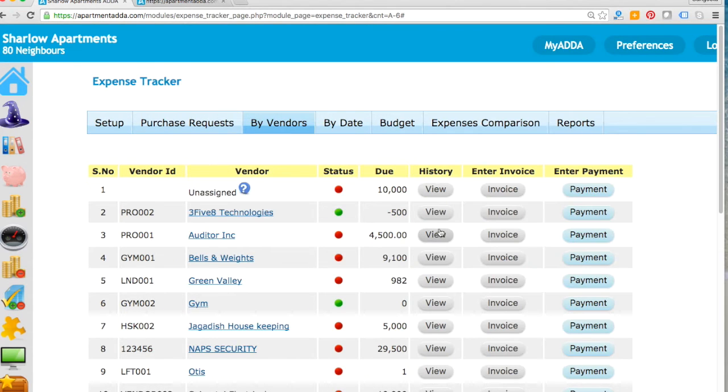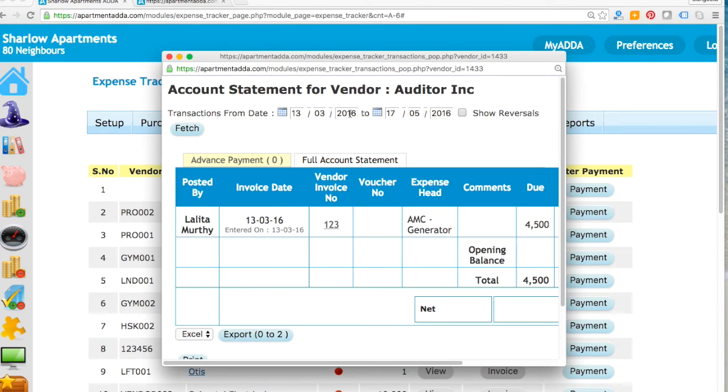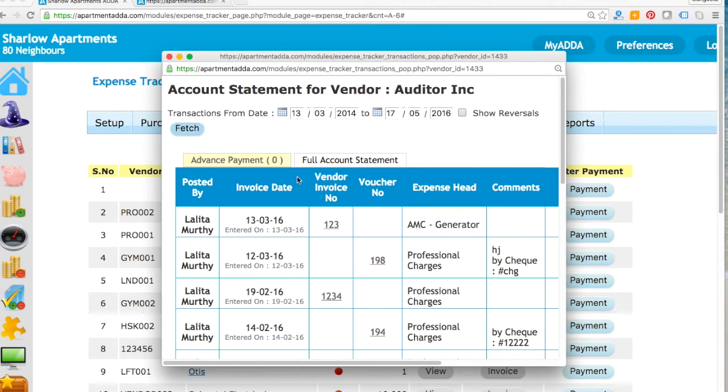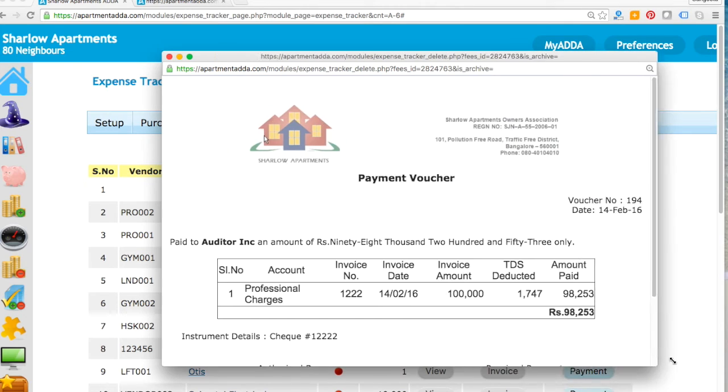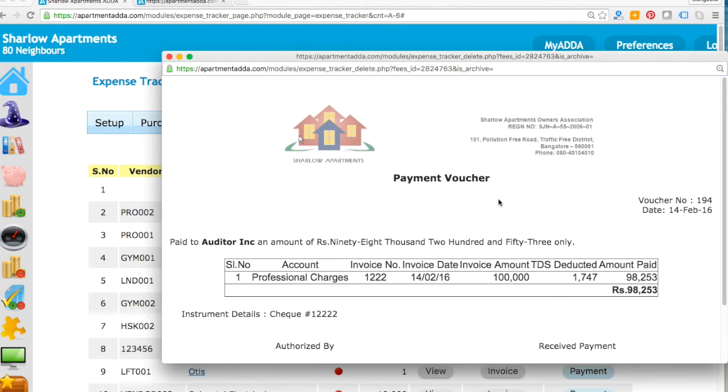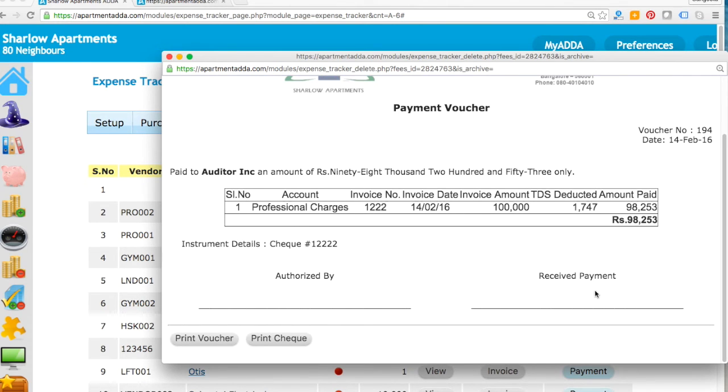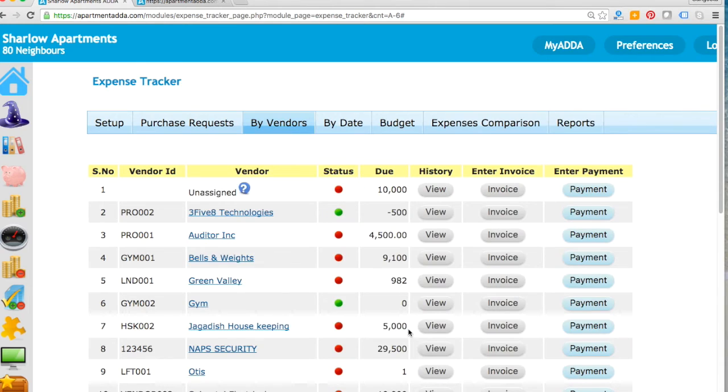Then you can see the receipt also that you are paying. The receipt that you pay will show up like this. It is the voucher kind of a layout that you usually handwrite, that will be automatically present. So you can actually get a signature from the vendor. Once they have gotten the payment, they can sign against this voucher as well, which you can file if you want to follow that process. Otherwise, it will always be there and online for you to refer. So this is the expense management that you have.